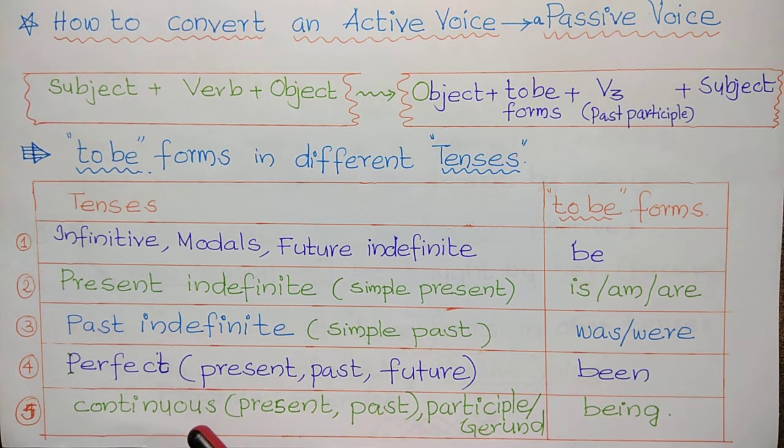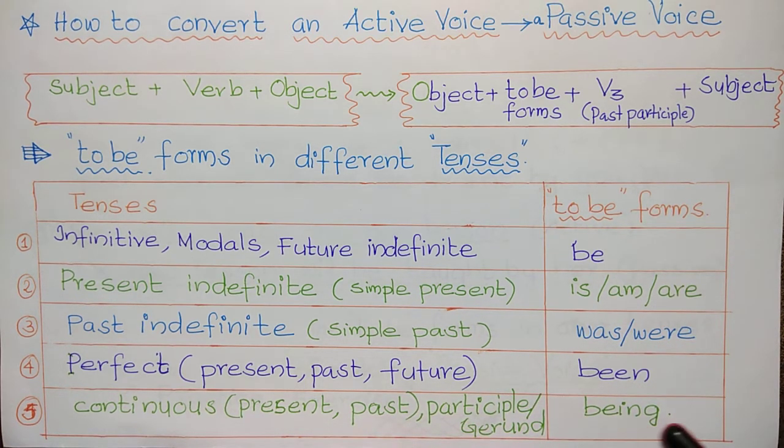In the case of continuous, that is present continuous, past continuous, and in the case of participle or gerund, that is ing forms, all ing forms, we use the to be form being. This can be clarified using some examples. Now see,